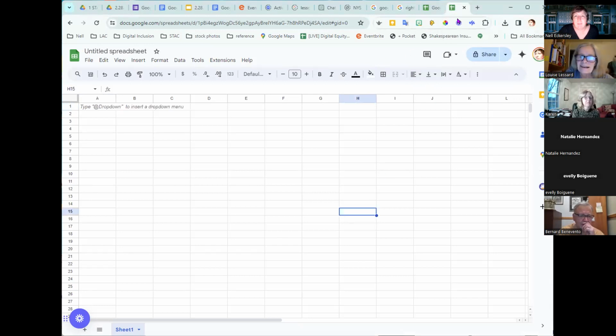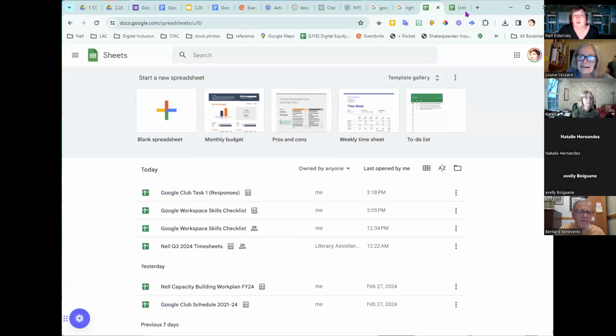So both of these are going to just be in my drive. I have not told Google to put them in any folder. So they're both just going to be in my drive so far. But this one, can I start typing into the sheets right now? No, it's giving me options. It's showing me all of my recent sheets. It's showing me some templates.